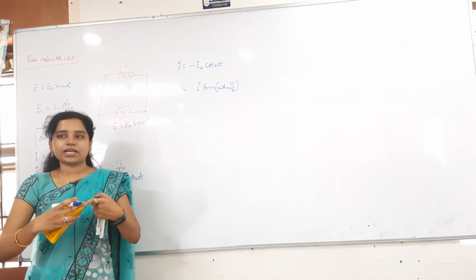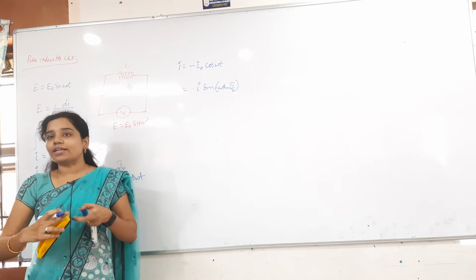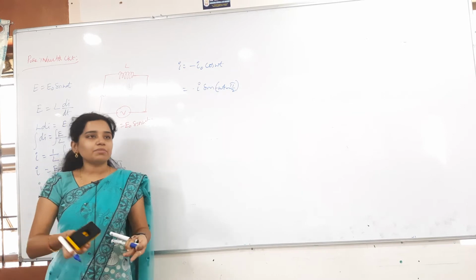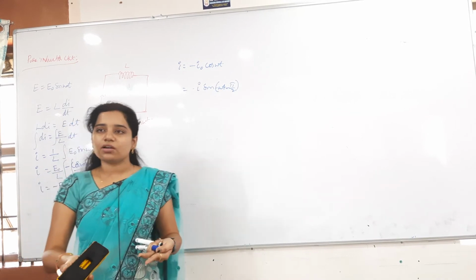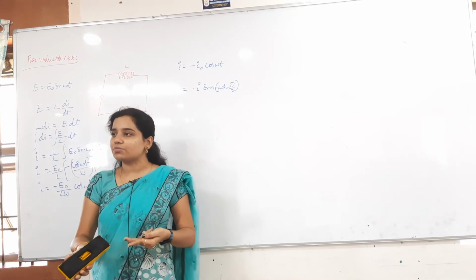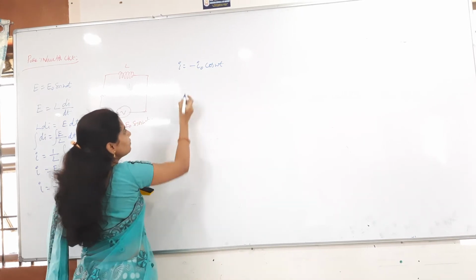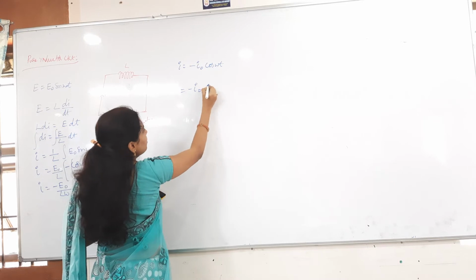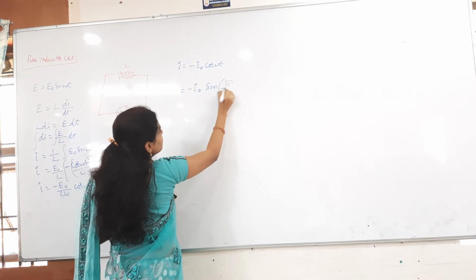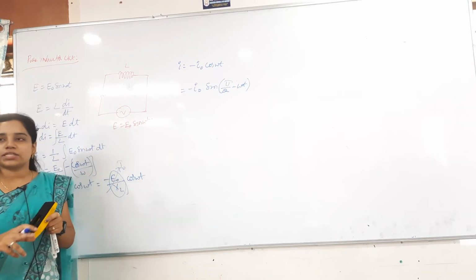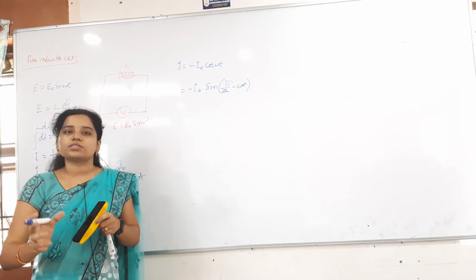Sin 90 plus theta is cos theta, okay, very good. Sin 90 minus theta also how much? Cos theta only. In sin 90 minus theta and sin 90 plus theta, both are cos theta only. Are you understanding what I am saying? Whenever I take sin 90 minus theta, for example, if I write minus I naught, I am writing this as sin 90 minus omega t. Sin 90 minus theta or sin 90 plus theta, both are cos theta only.